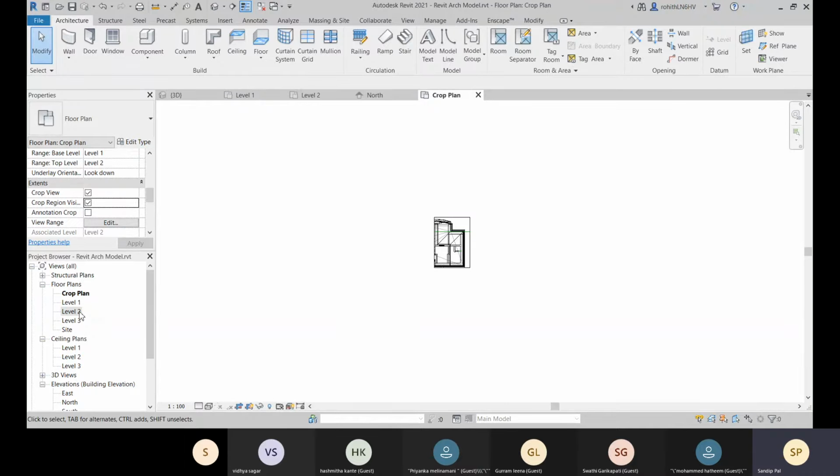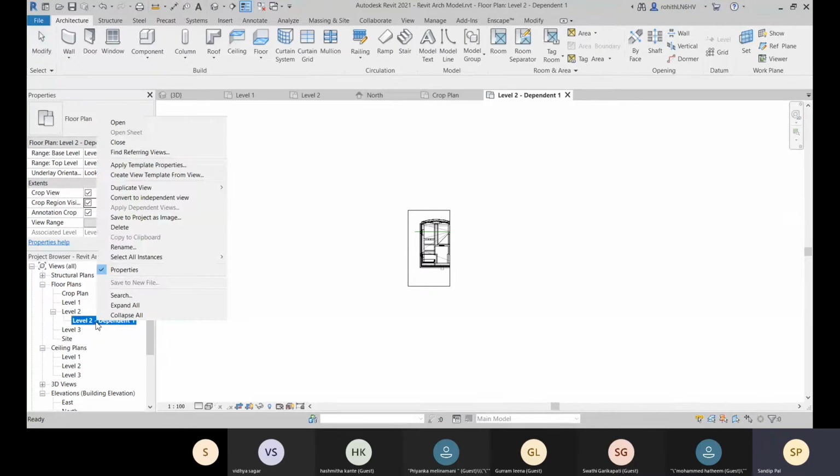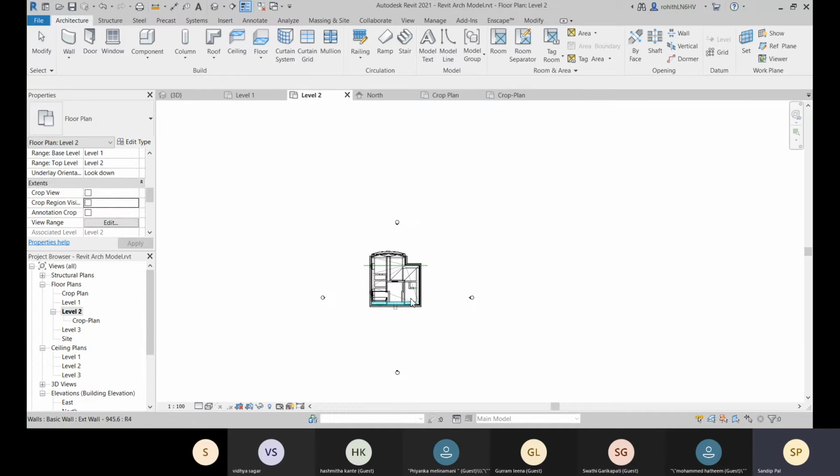Now let me go for this duplicate view as dependent. So here you can see that this is dependent, and now let me go for this rename option, and here also we go for this. Okay, and if you come to this level 2, here you can see that this is the level 2 crop plan over there.